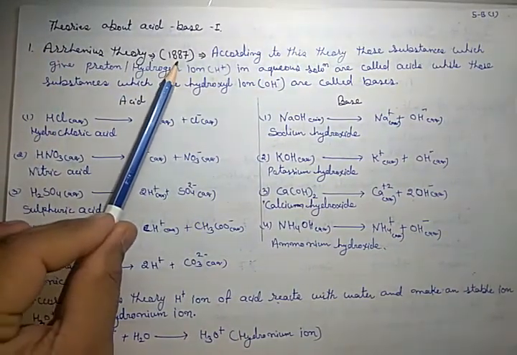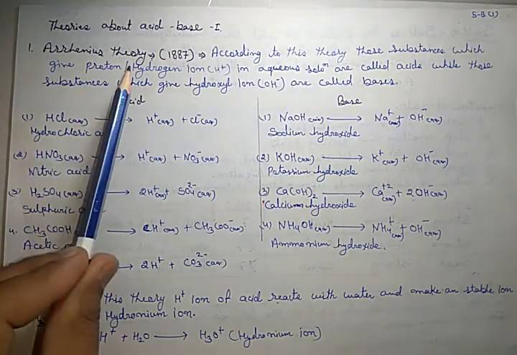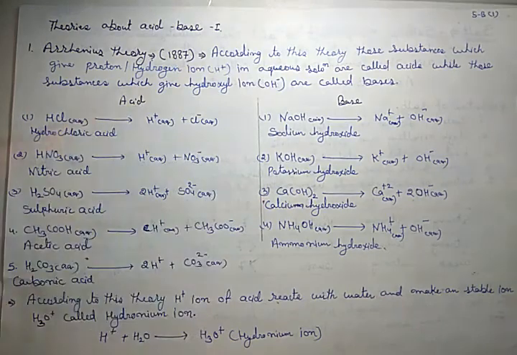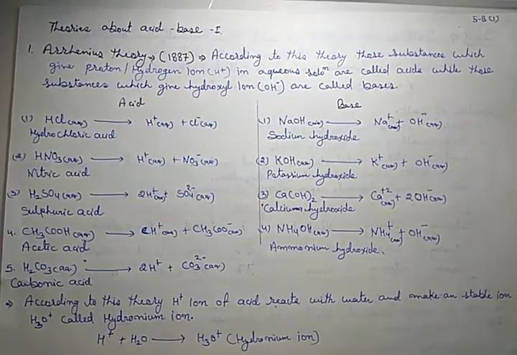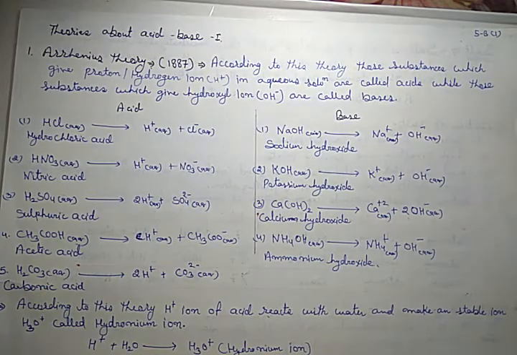It was given in 1887. It was a simple theory which is based on the proton, that means H+, and the hydroxyl ion, that is OH- ion. According to this theory, those substances which give protons, that is hydrogen ions or H+, in aqueous solution, meaning when dissolved in water,